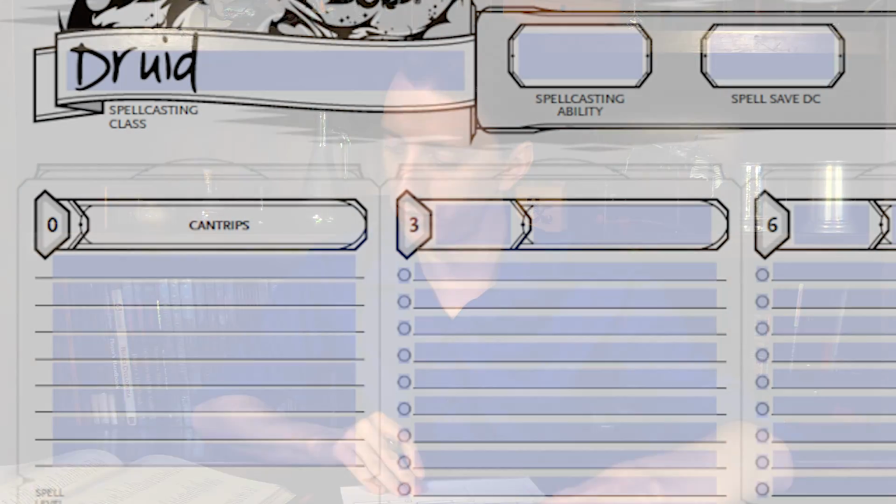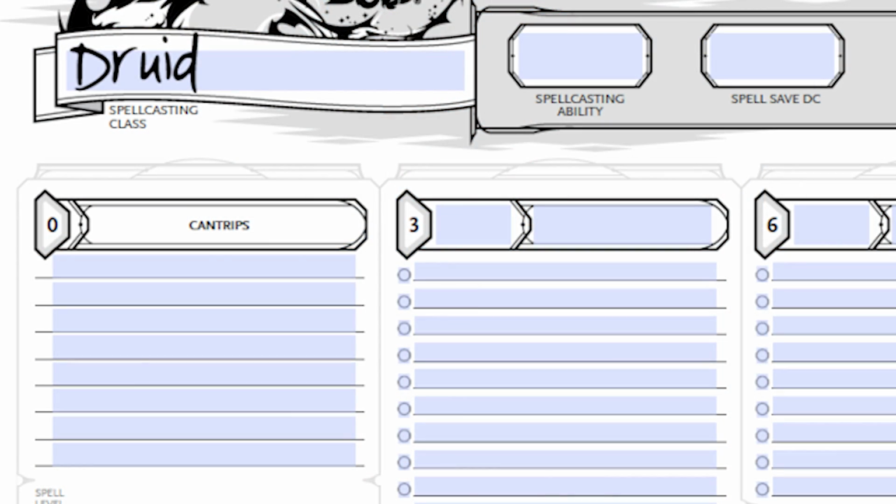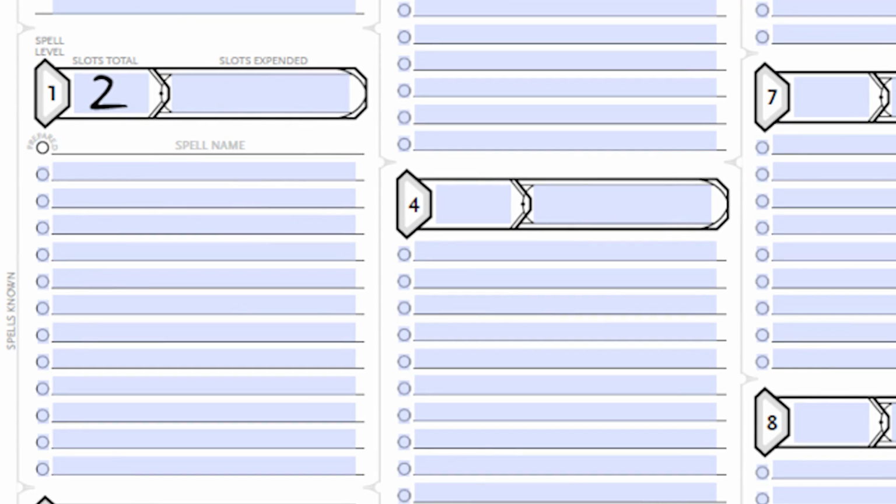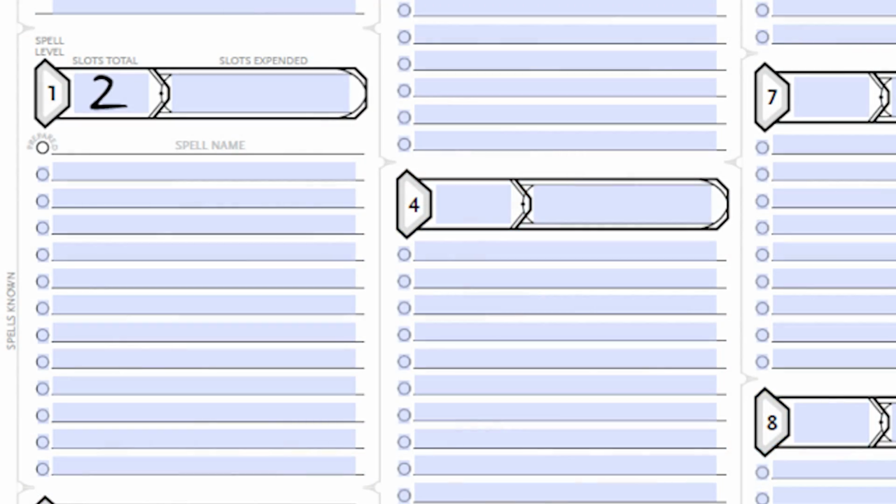So for our cantrips, how about we know poison spray and thorn whip. And for level 1, we'll have 2 slots, which means we can cast 2 level 1 spells per day. And we'll know the spells. Again, thinking of our character, we decided that he's really into animals, and that's why he became a hermit of the forest. So we'll keep that in mind when choosing his spells. So he'll have animal friendship, speak with animals, fog cloud,